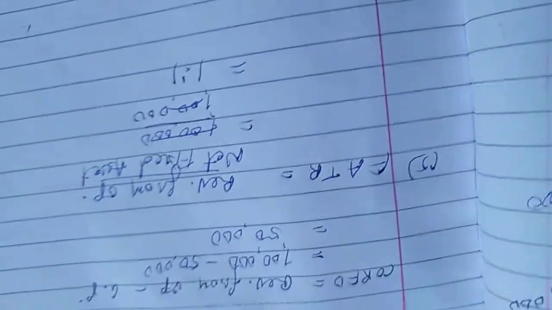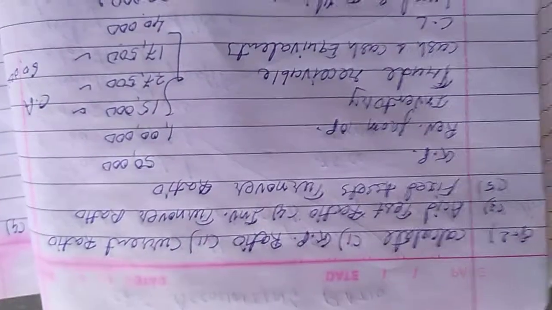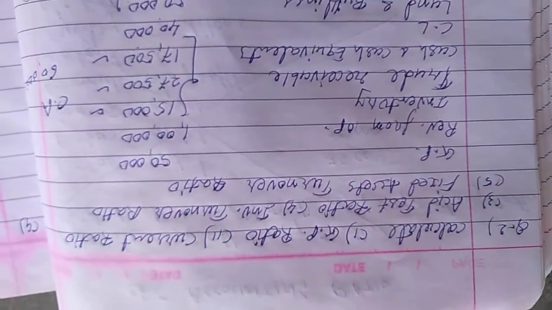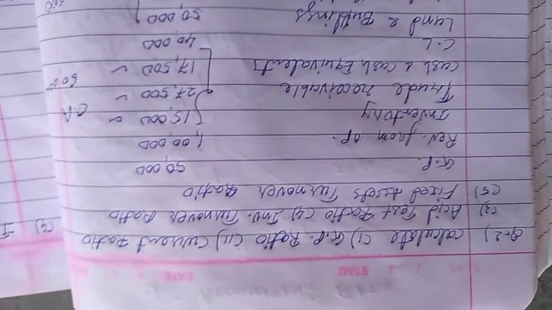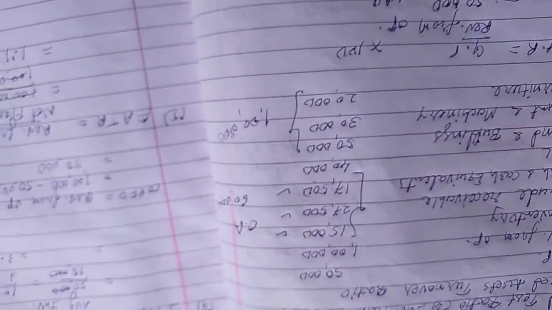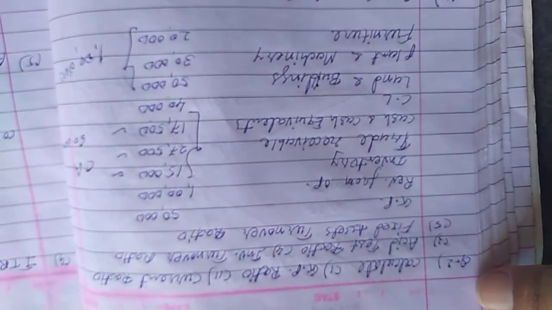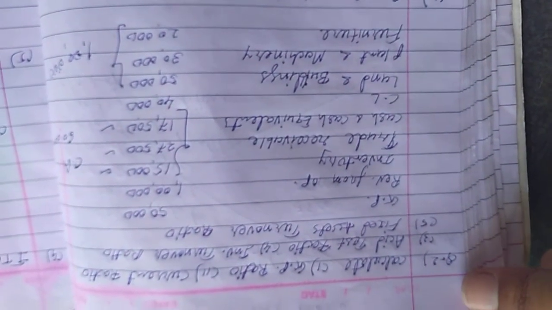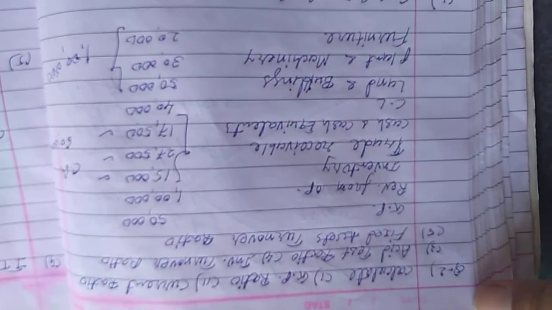So in this way we have found the different answers of different formulas: GP ratio, gross profit ratio, current ratio, acid test ratio, inventory turnover ratio, and fixed asset turnover ratio. So different types of sums we have discussed, because different types of accounting ratio are there. You know which accounting ratios: liquidity ratio, solvency ratio, activity ratio, profitability ratio.